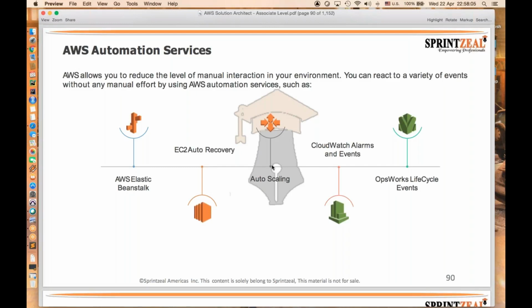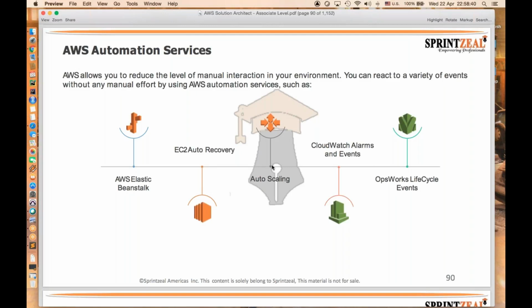Based on the incoming requests coming to the system, auto scaling will work out. And CloudWatch alarms and events, we discussed that. If you have a couple of events and want to see how a particular server is behaving, CloudWatch will take all that and knows how to pop out those events, and also give alarms if there are any disasters foreseeable in the server.